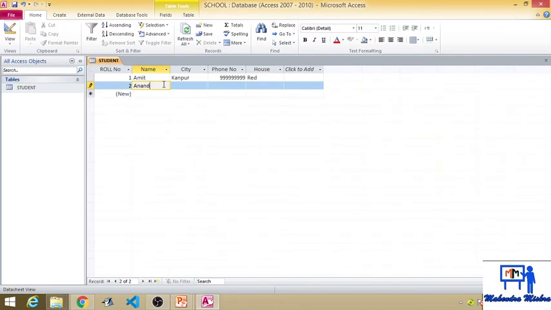Next one is Anand, city Jaipur, and a phone number, and house blue, it has the blue house.